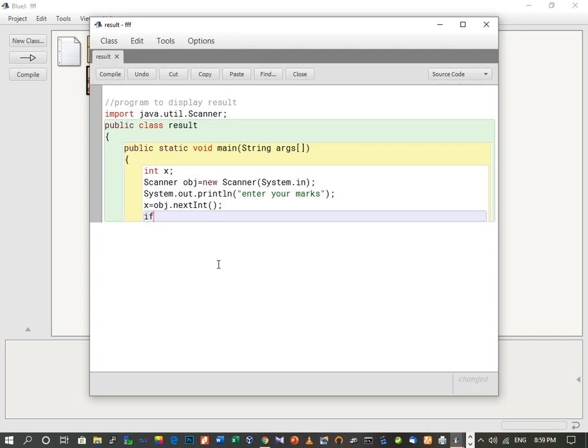So if x is greater than or equal to 80 and x is less than or equal to 100, means if the marks is in between 80 and 100, then System.out.println you got distinction, or whatever you want to print, you can print over here.